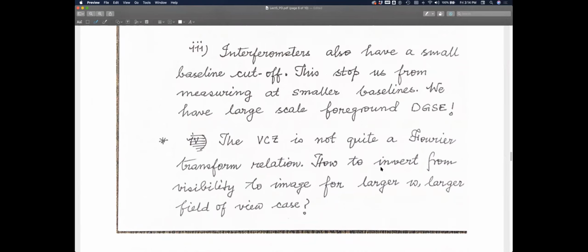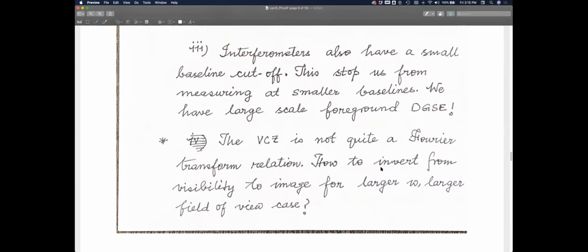Remember that smaller baselines measure the larger scale structure in the sky. So we talked about this structure called the diffuse galactic synchrotron radiation, which exists everywhere in the field of view, which means that structure is mostly present at those smaller baselines where you have zero samples because there is a hole in the baseline grid. It's not that at some point it is absent, it's not present anywhere within a small u. So you completely miss the large scale structure because of that.